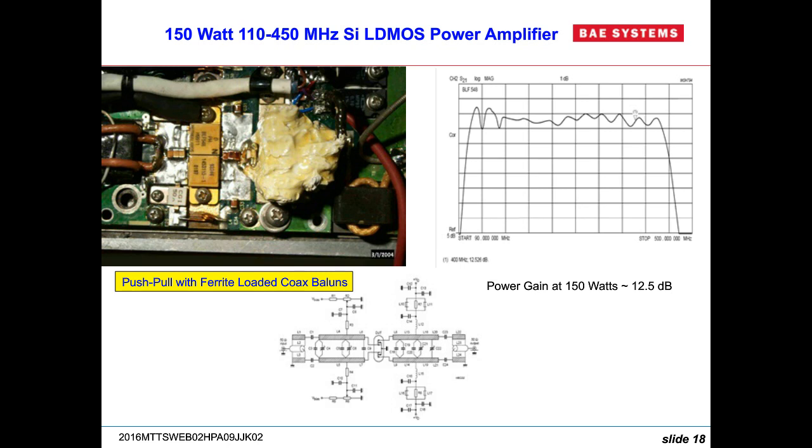So here we have an amplifier that puts out over a 4-to-1 bandwidth, 150 watts, about 40% power added efficiency, and you can build it for about $100 worth of parts. Like I mentioned at the beginning with LDMOS, this is one of the reasons why it just sticks around. There's no other technology. If you tried doing this with GaN, yeah, you'd be higher efficiency, but guess what? You'd probably be 3 or 4 times the cost.